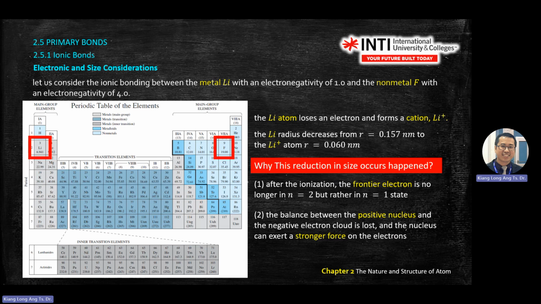Shell is just an orbit. The focus point is the charge here. There's an imbalance of charges between the inner core and the outside electrons. Yes, means the positive is fixed already, means the outside electron is larger, the negative charge is larger, so it makes